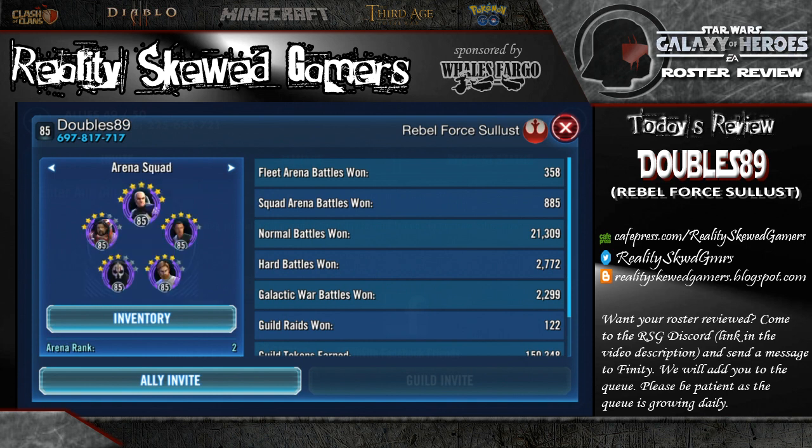Doubles89 contacted the RSG stream to go over a few things. One being to review his current arena team, which I have to say is doing pretty well. You are in Arena Rank 2 right now, so you are in the top 10. But you did mention that it was getting a little more difficult now holding defense. So we were going to review the team over this stream, and then give you some recommendations on a new direction with the team or how we can modify it later,